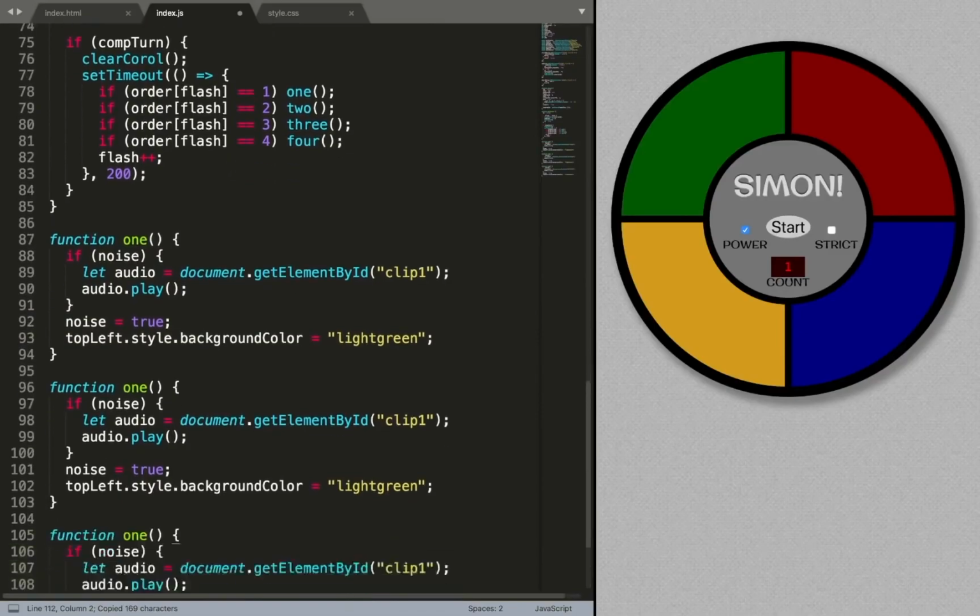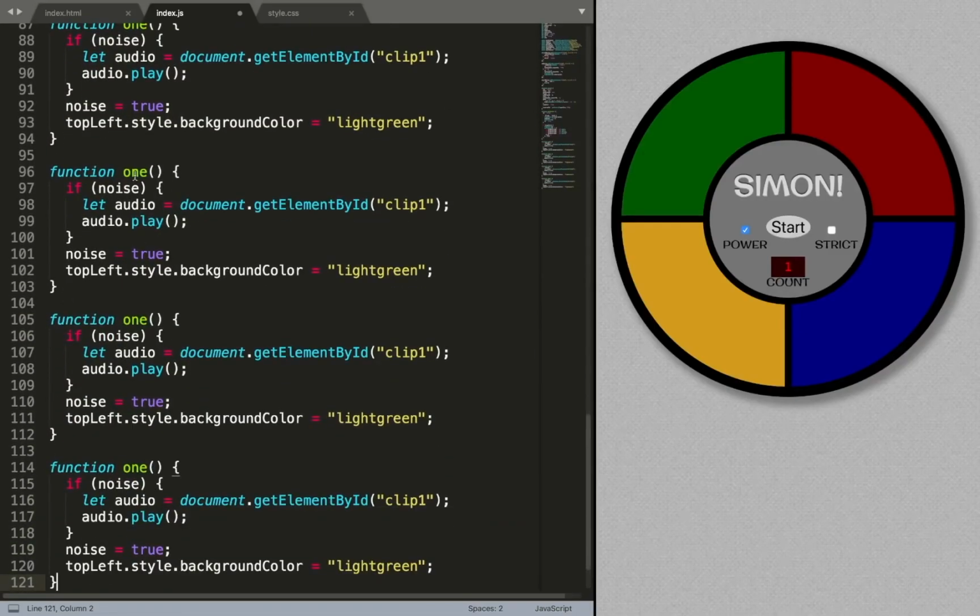And that's going to be 2, 3, 4. So I'm going to change this to 2. And this is clip 2. And the color is going to be